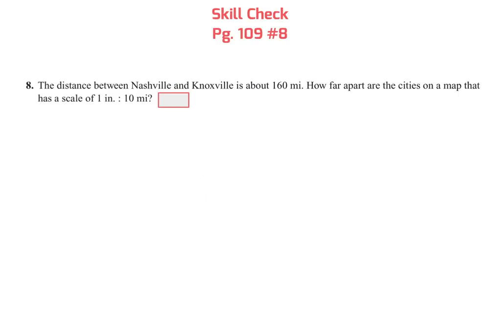All right. The distance between Nashville and Knoxville is 160 miles. How far apart are the cities on a map that has a scale of 1 inch to 10 miles? 1 inch to 10 miles. So how far apart are they on the map? Set up a ratio and